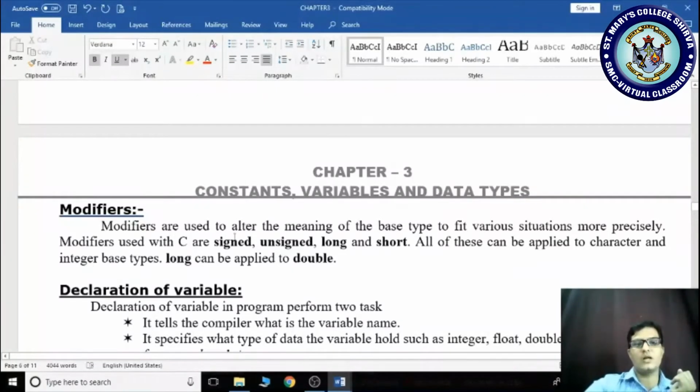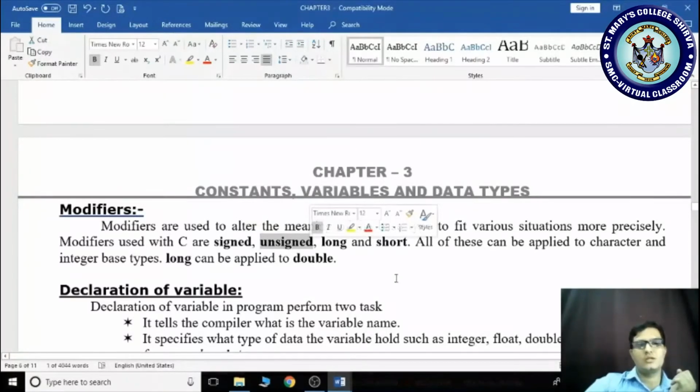Okay, already you have seen signed, unsigned, long, short. So in integer representation, we have long int, short int, signed int, unsigned int. Signed means it is either positive or negative. Unsigned means it is compulsorily positive.